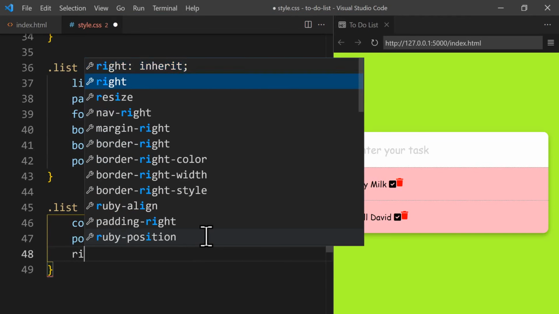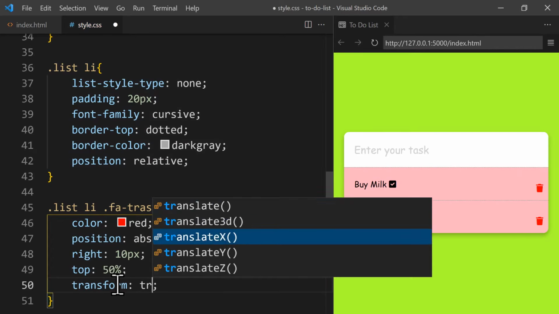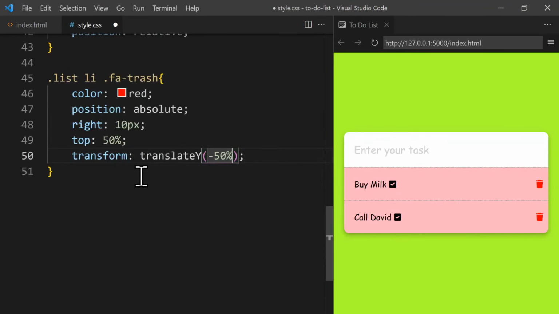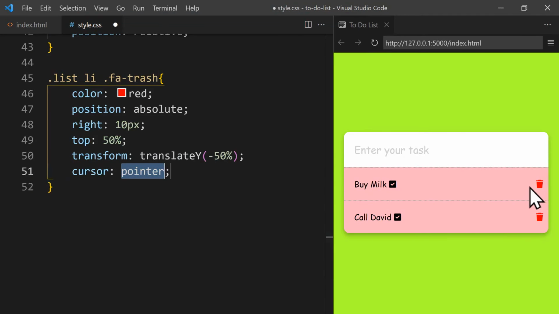We set the right position to 10 pixels to move it over, and setting top to 50% would normally align the top edge of the icon to the middle of its parent. To center it perfectly, we use the transform property with translateY set to -50%. Next, we change the cursor to a pointer so users get a visual cue that these are clickable buttons, and we apply the same styling to the check button, but set its color to green and position it 20 pixels